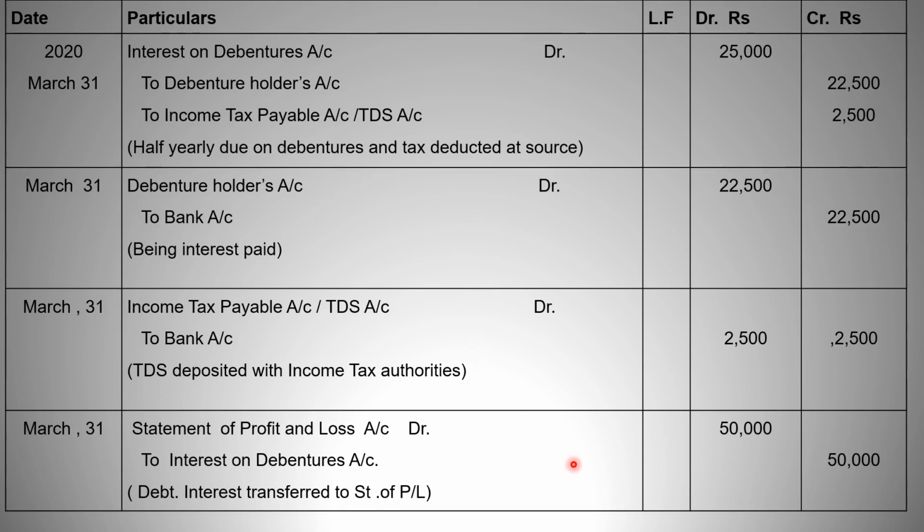So far we are going to complete this chapter. All the topics we considered: first, new issue of debenture under deferred installment. After that, debenture issue other than cash. After that, debenture issue as a collateral security. After that, debenture issue with the consideration of the redemption of debenture, and this one topic, that interest calculation. One more topic, last topic is being left. There is a small topic, that is how to write off the discount as well as loss on issue of debenture. So next video we are going to consider that topic.